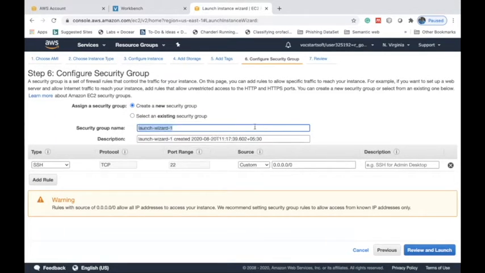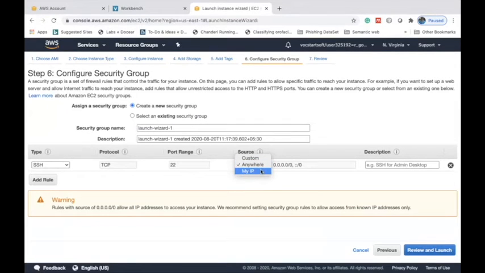Consider what this particular security group says. You can connect with this particular instance through SSH, which uses a TCP protocol, and using port number 22 you can connect to this instance. So are you allowing only specific computers to connect to this instance, or can anyone communicate with it? You can select that here. If you say anywhere, it means that your VM instance can be connected from anywhere in the world.